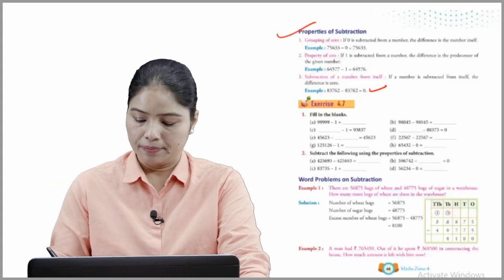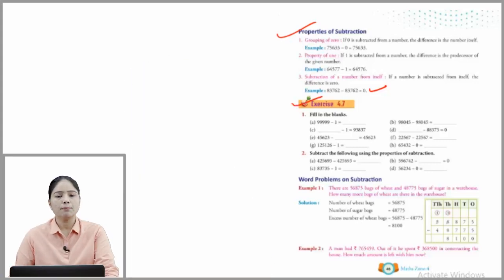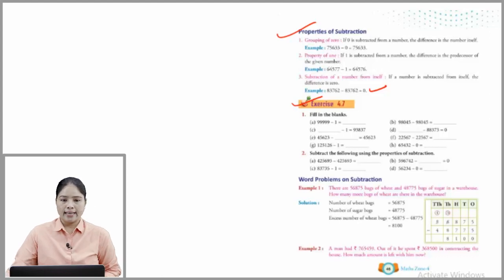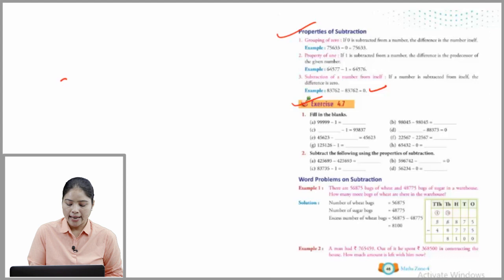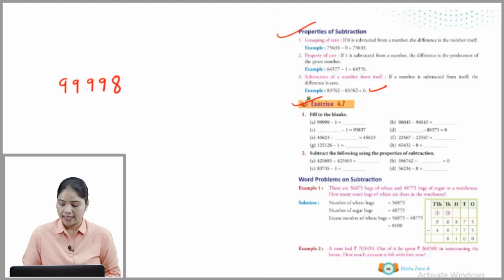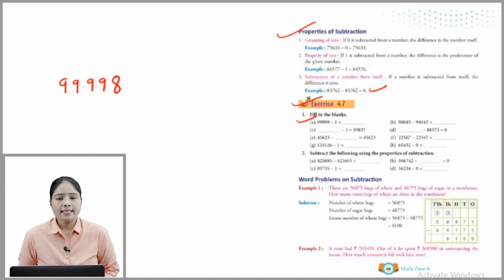Now exercise 4.7. Filling the blanks. 99,999. आपने इसमें से 1 माइनस करना है. So your answer is 99,998. Yes. Okay. Next B part है